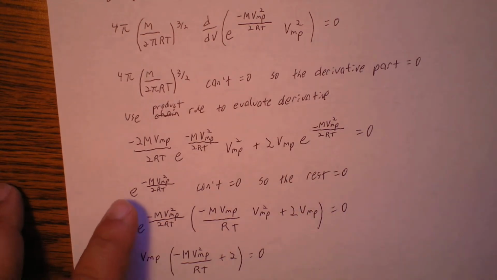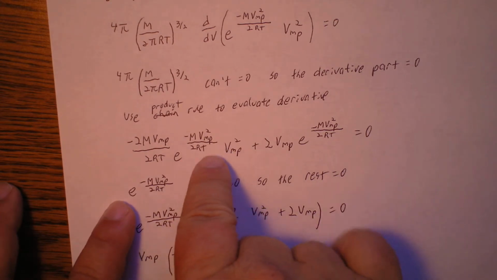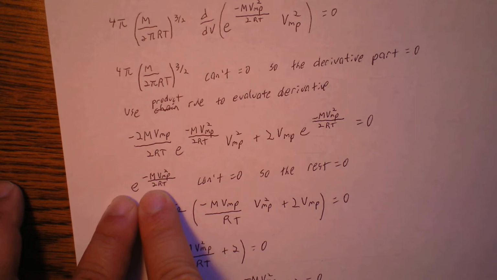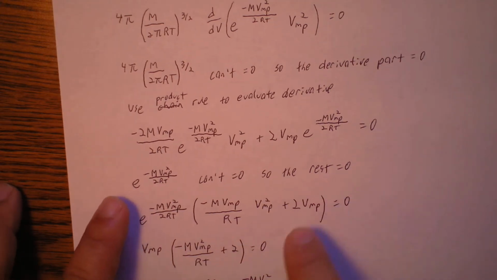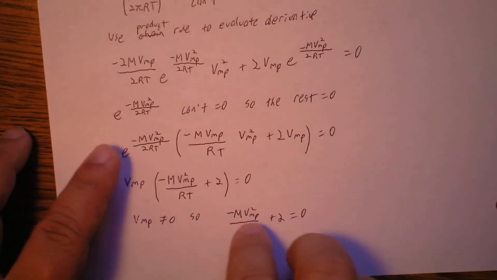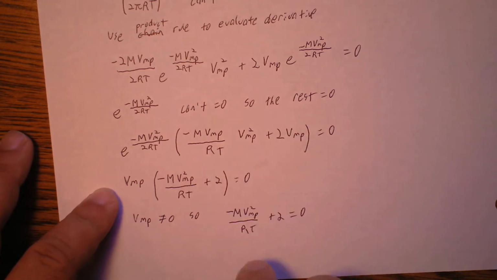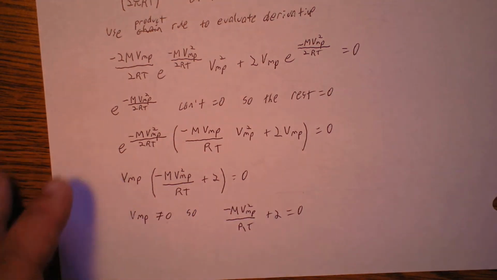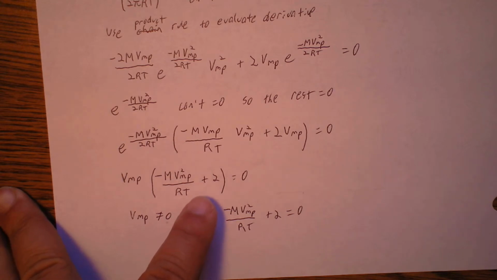Now, we know that factoring this out, this term cannot be equal to 0. So that must mean the rest of it has to be equal to 0. So that means basically this term here has to be equal to 0. So we have the most probable speed times minus m times the most probable speed squared over RT plus 2